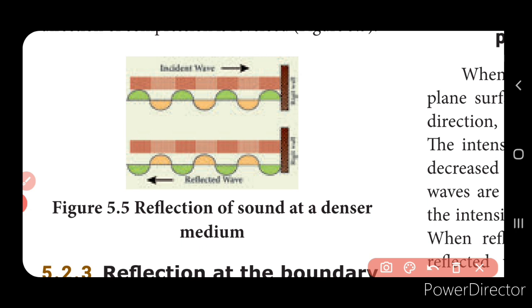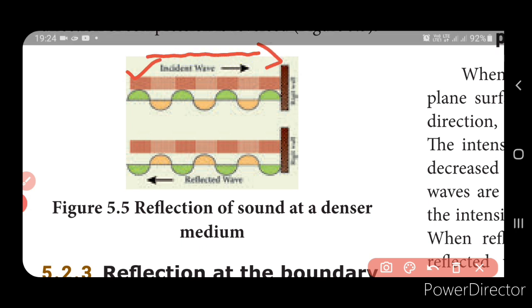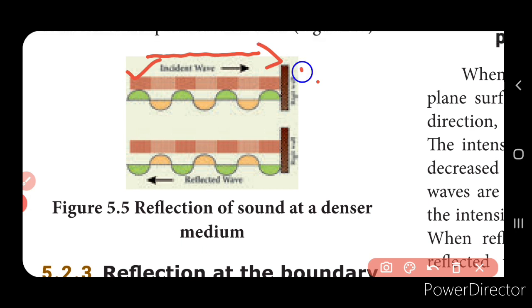Now here you can see that the incident wave starts with the compression, right? Now when it propagates towards a solid medium, so this is the rigid medium, isn't it? The wave is traveling in the air medium. So when it reaches the interface, now this is the interface, isn't it? Now when it touches the interface, what will happen here? Also compression takes place, right? Now when it touches the wall, what will happen? It will also exert a force, isn't it?